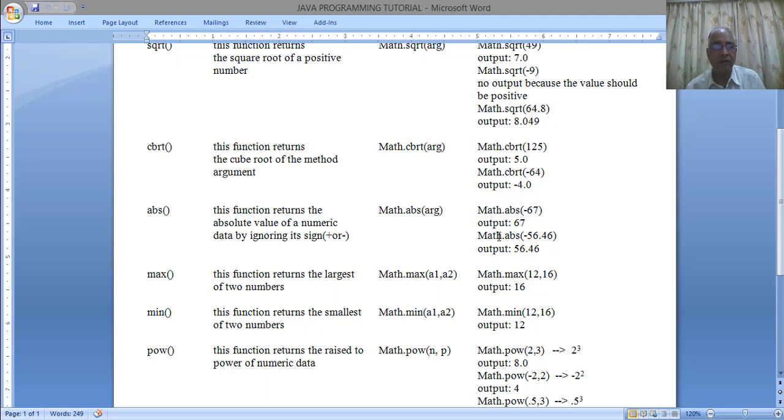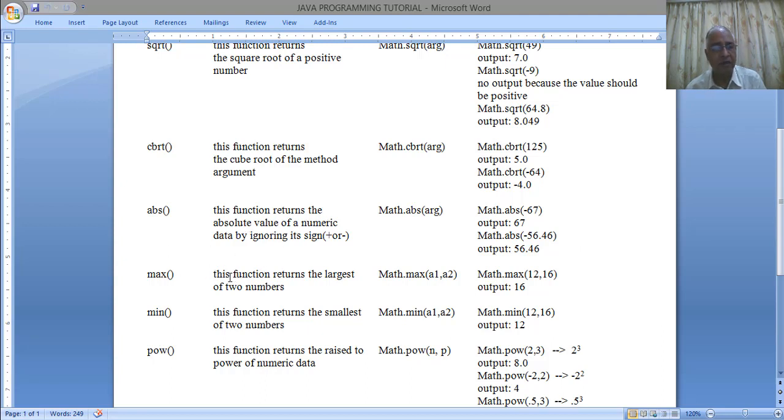These types of functions are used for accounts purposes, where debit and credit are used, and the negative is not to be shown, only the debit value has to be shown. Therefore, when the symbol is not to be shown and only the value has to be shown, the abs function is used.